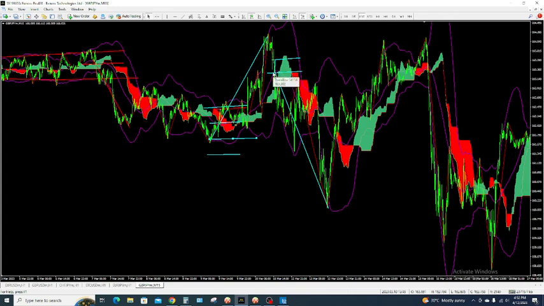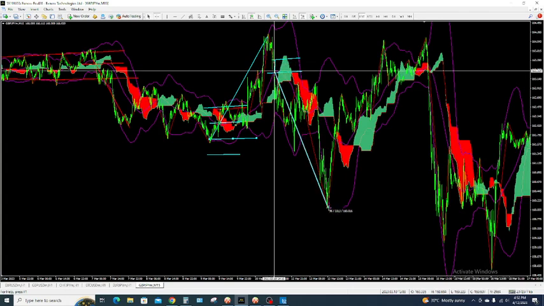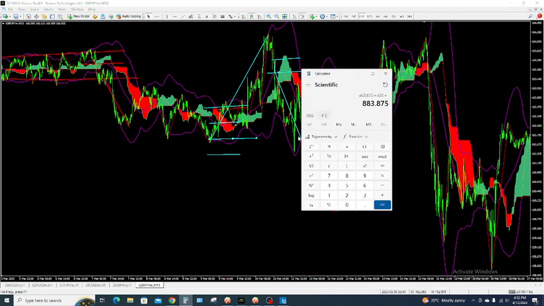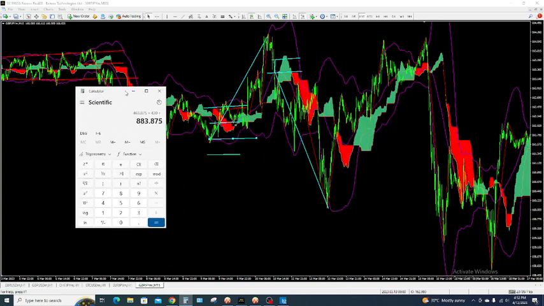Why this breaking is taking place is showing me red. So because I'm seeing this red here, I have to take a short here, put a stop loss, then I'm taking 3299. Then I come back again to calculate 3299